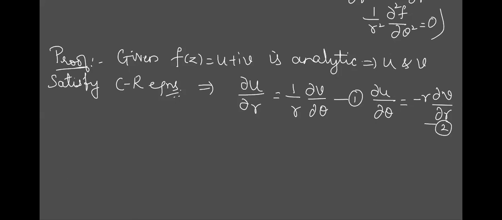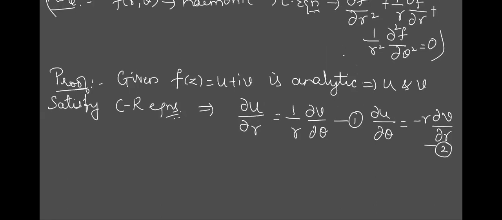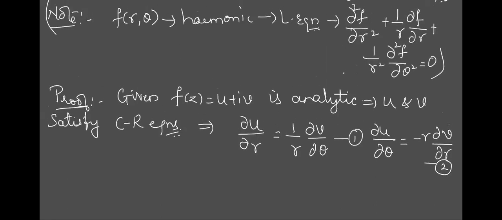So what we have to prove is a Laplace equation here. Means we have to get a similar equation. Just see here, in place of f, we should have u, because the first part we have to prove is u is harmonic. We cannot prove two at once, so we have to do step by step. So instead of f, I should get it in terms of u: ∂²u/∂r² plus (1/r) ∂u/∂r plus (1/r²) ∂²u/∂θ² should be equal to 0.